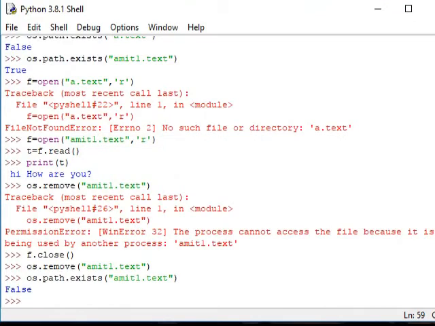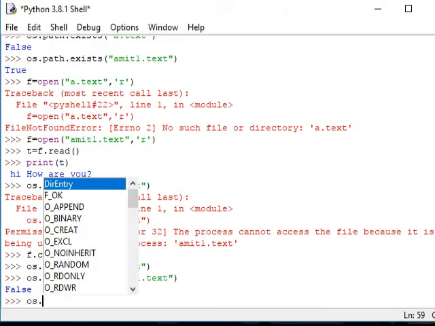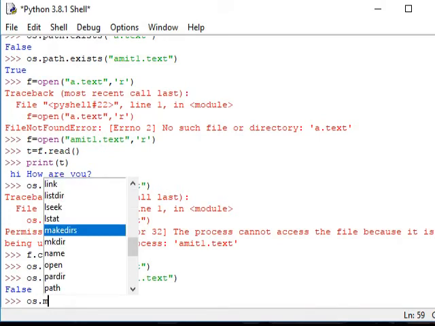So I need to create a directory. How can I create a directory? Let me check whether there is anything in os to create a directory. A directory is nothing but a folder. So mk, yes, mk is a short form, so mkdir. I can create a directory.